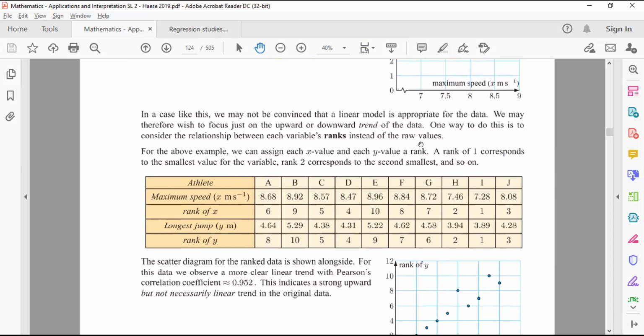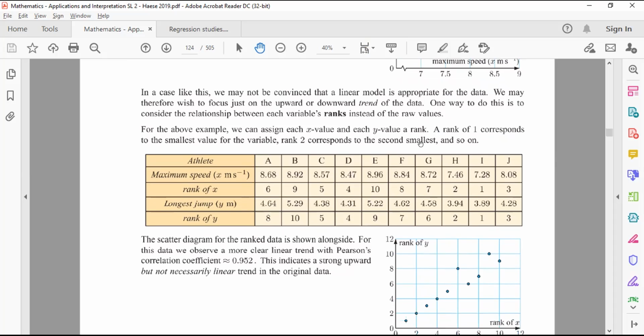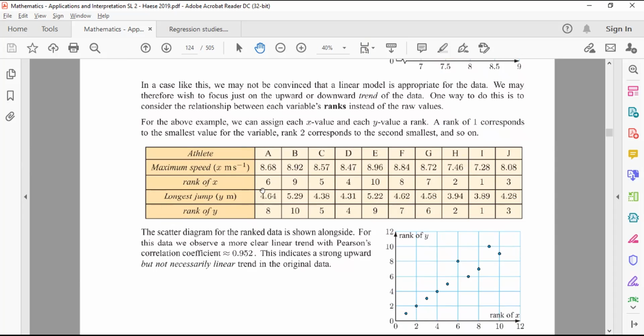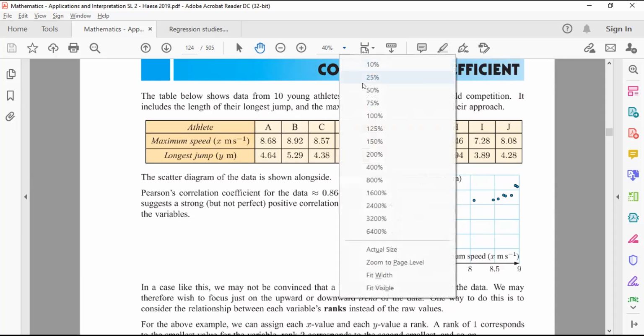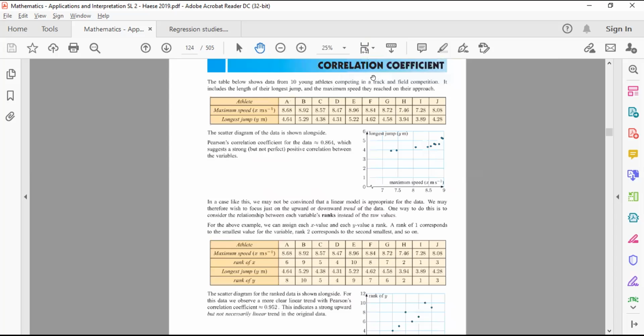So they are now not taking raw values; they are giving a rank to each and every data point, basically in ascending order. Got it? Can you see this on the chart? This is the same chart. I don't know, this will be too low. Is it okay? One minute, I'll zoom it.